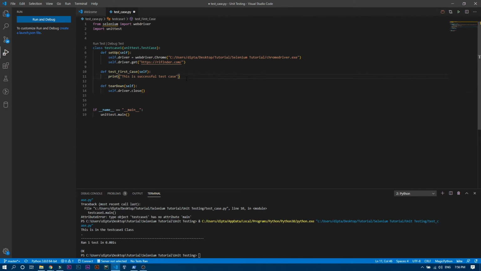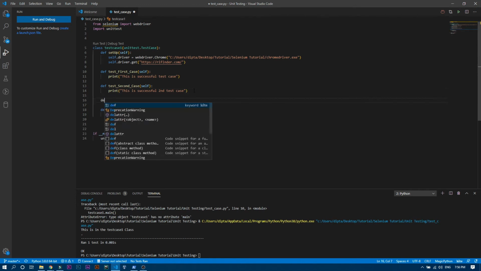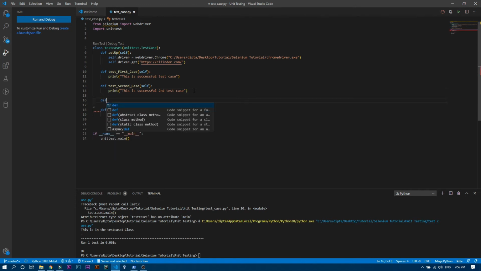For example, I'll just copy this one and paste it one more time so that you can understand it properly. Let me just remove the indentation and rename it with second. This is the second test case, and here also we will just write this is successful second test case. Perfect. And now we will create one more function that will not start with the word test.